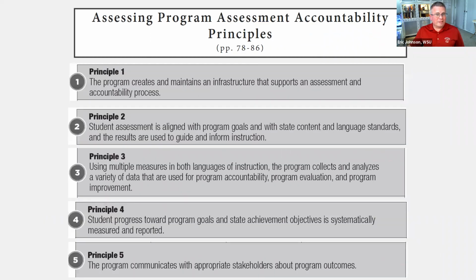For assessment and accountability principles, we want to make sure that we are aiming for looking at an infrastructure that ties into multiple ways to analyze language and content development in both languages, looking at how we are aligned with state content and language standards, and using those to guide instruction and curriculum development,